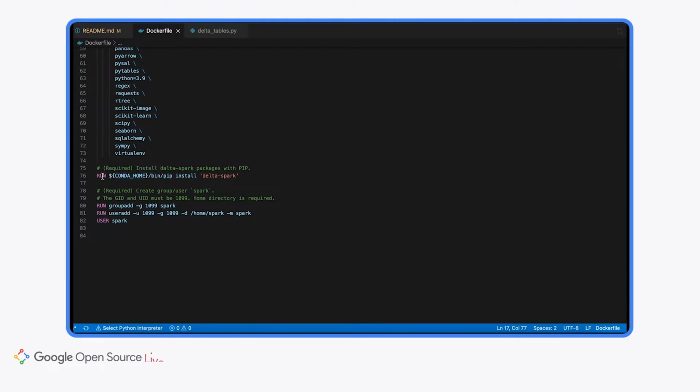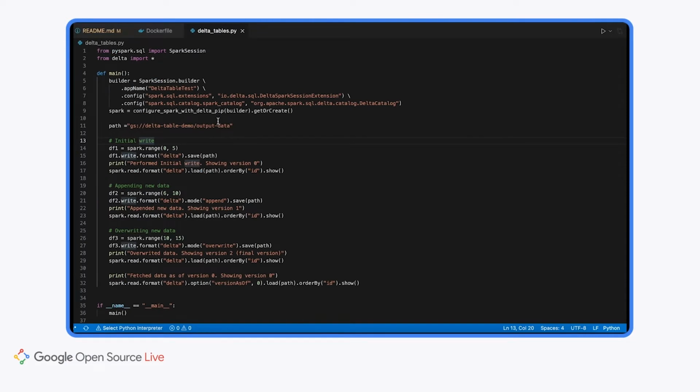Please pay close attention to this line. The reason we're using a custom image is to install Delta Spark in our environment, which is the library used by PySpark to interface with Delta tables. So basically, it's a library used by Python to actually read, write, time travel, and so on, Delta tables. So this is used by our code, which I am going to show you now.